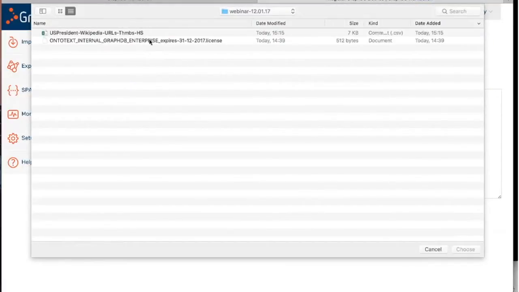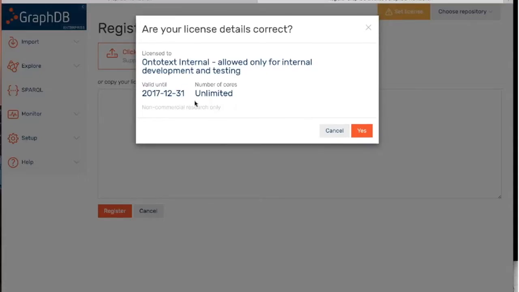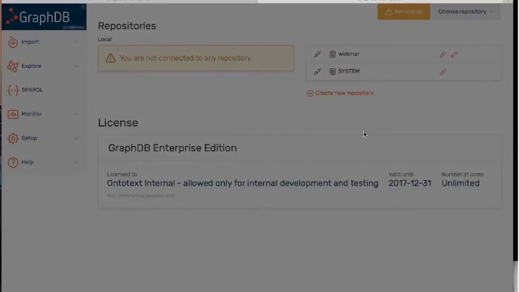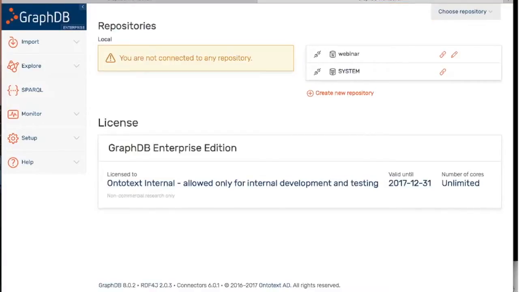And here's my license file. So when you choose the file, it will show you the license information and ask you if that's correct. That's just because you might have multiple license files and you select the one. And I'm happy with this license. And as you can see, this set license button here disappeared. So now I'm all set, and I'm still not connected to any repository, so I have to connect to a